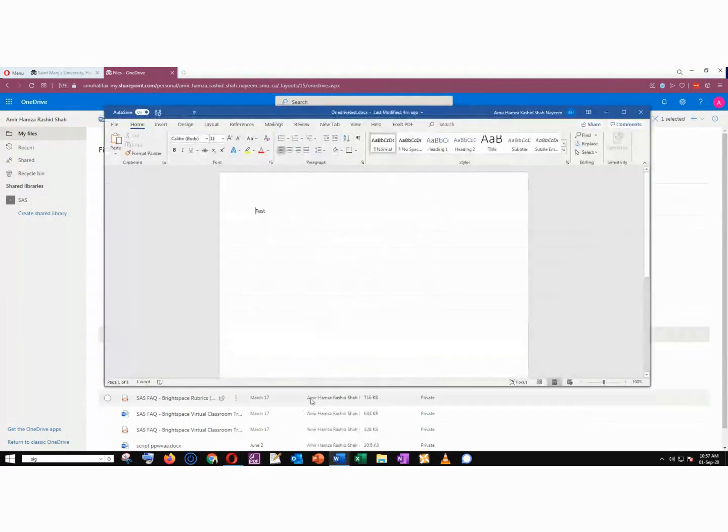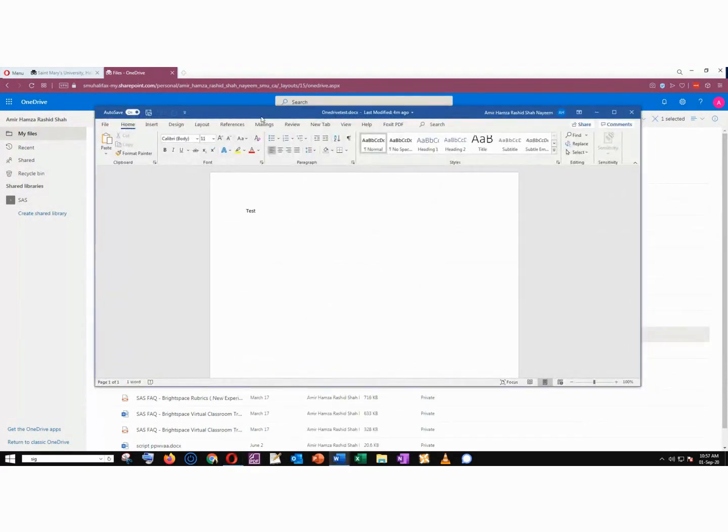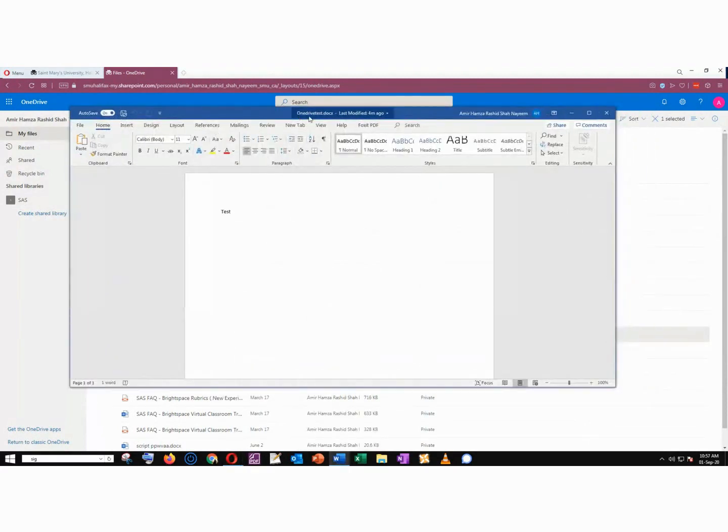Yep, so it loaded up. When it loads up, you'll see it still preserves the name I set for it initially, and what I wrote is still there. One more thing, this is the desktop version of Word. You'll see on the top autosave is on, and I am logged into my account. So once you have set it up on your computer, and you are logged in with your account and have autosave turned on, one neat feature is